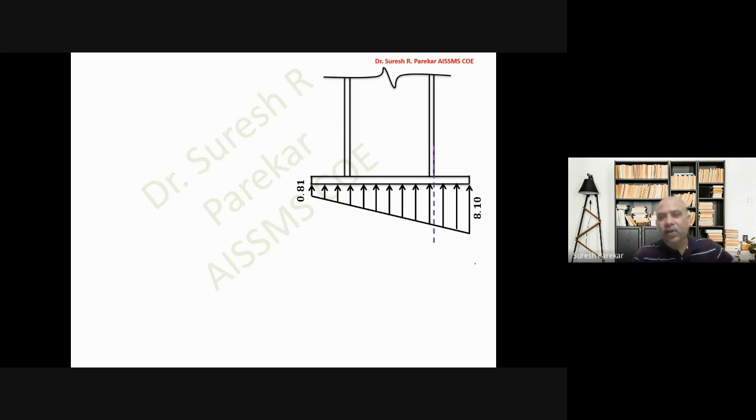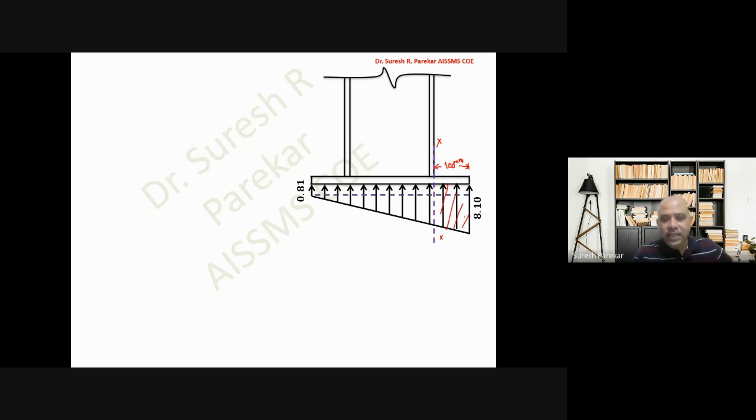So we have to find out now bending moment about this XX. We have to design for cantilever projection, and we have this as 100 millimeter. We are going to provide a cantilever projection as 100 millimeter, and then we have to find out bending moment due to this pressure intensity.